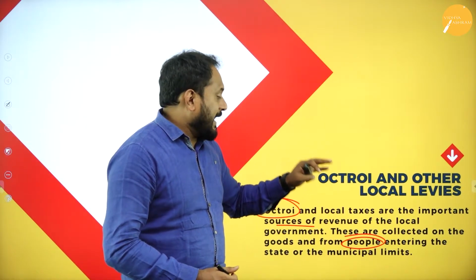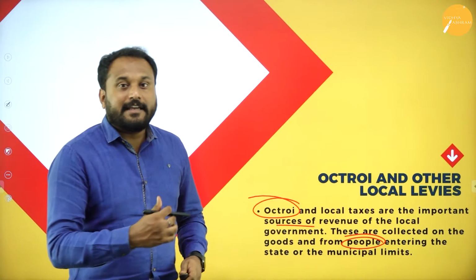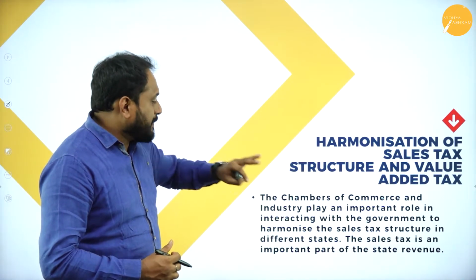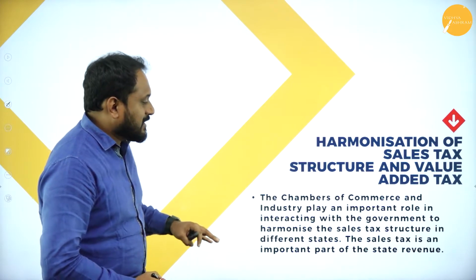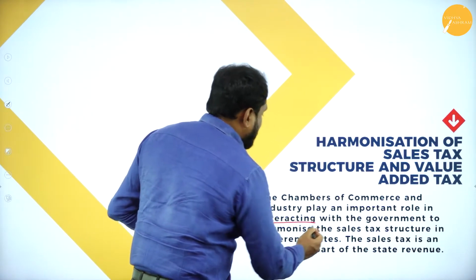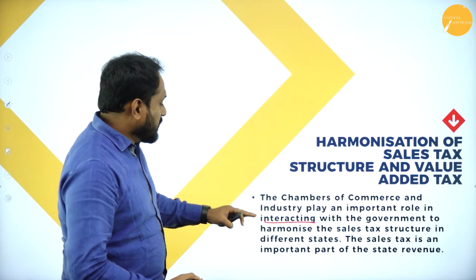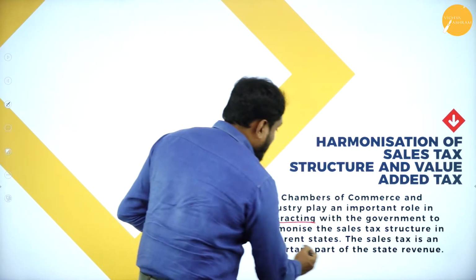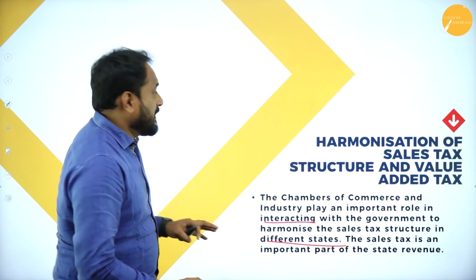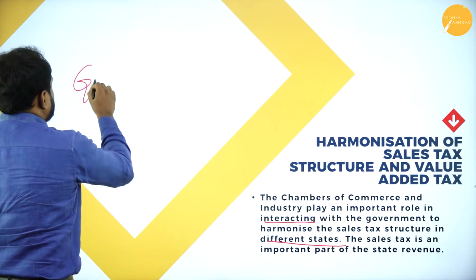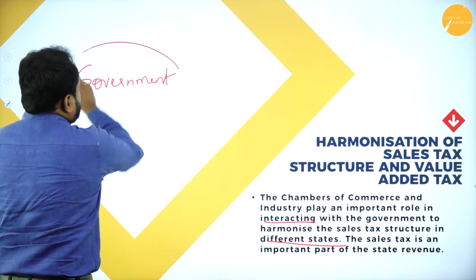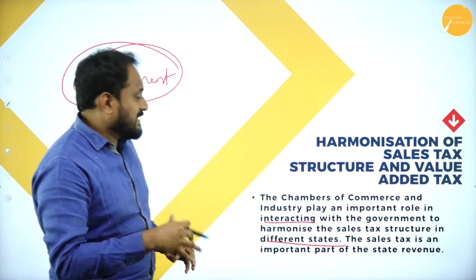So octroi and local taxes are also taken care of by the Chamber of Commerce. Now here, please understand, the Chamber of Commerce and Industry play an important role in interacting with the government to harmonize the sales tax structure in different states. That means what? They'll actually tell the government also